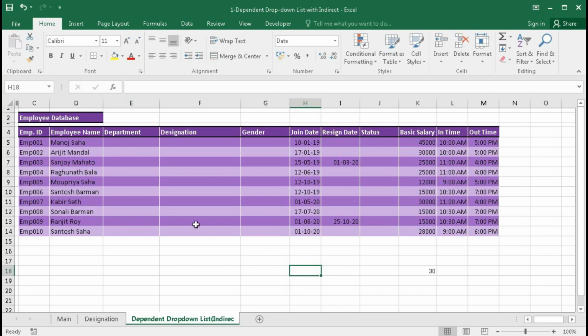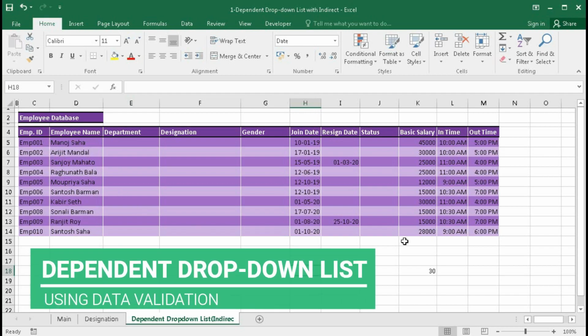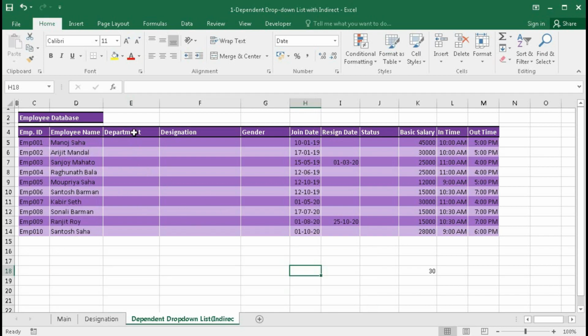In this sheet, we can see our employee database. And in this database, there are two columns, department and designations. If we click on the department, we can see a drop down list with some departments: administrative, marketing, sales, production, accounts and human resource. And if we click here, this drop down is not working because it is dependent on this sales